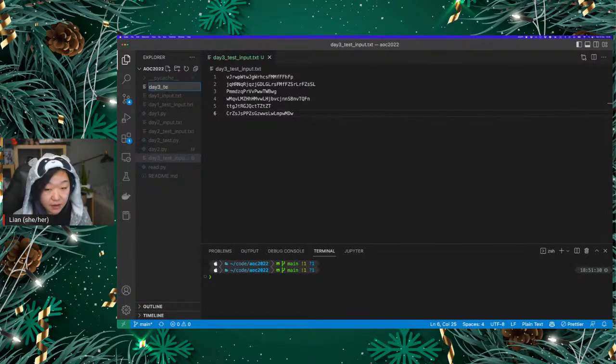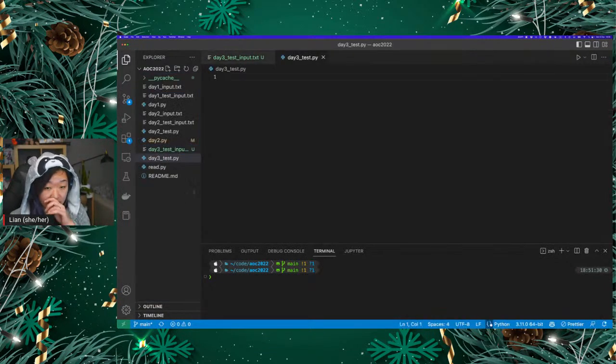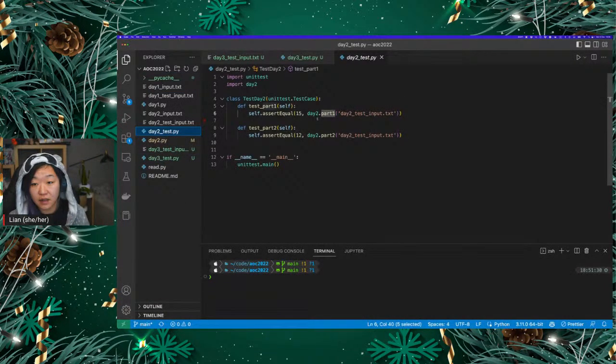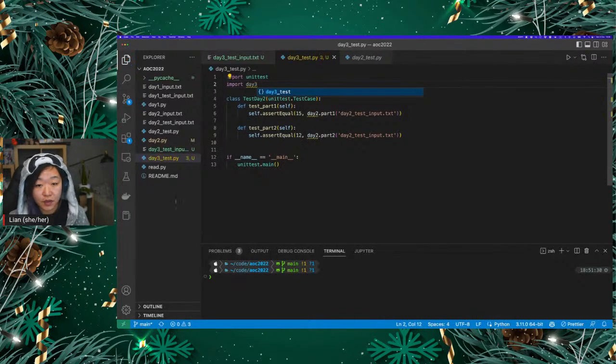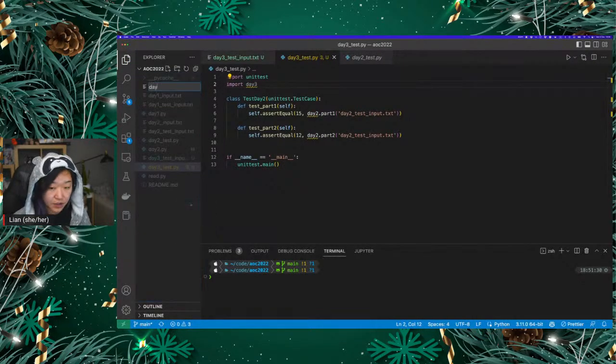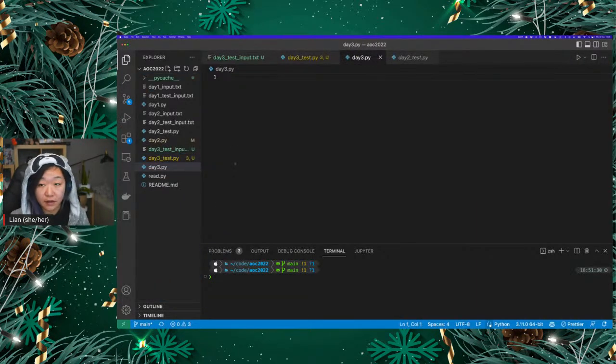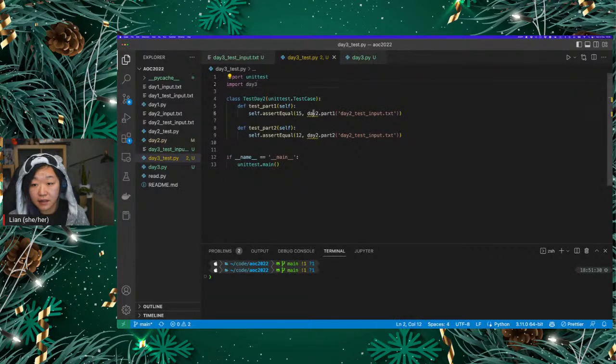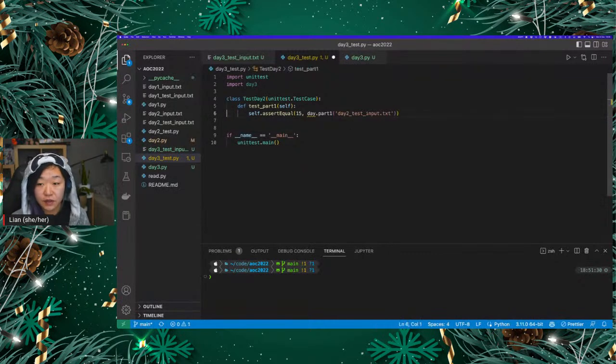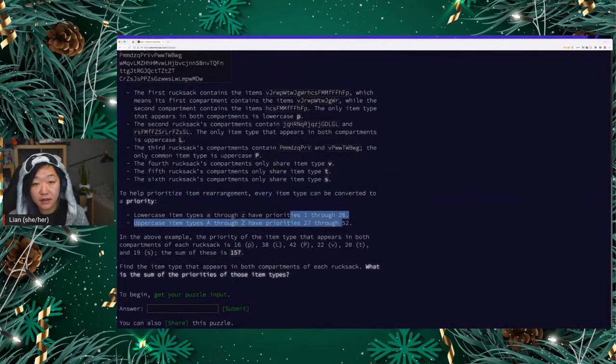So let's first set up our test function. I'm just going to copy paste this part because I can't be bothered to remember it. And we need to import day 3, which is a file that I am going to create right now. And then what we're going to do first, I want to test just the part that